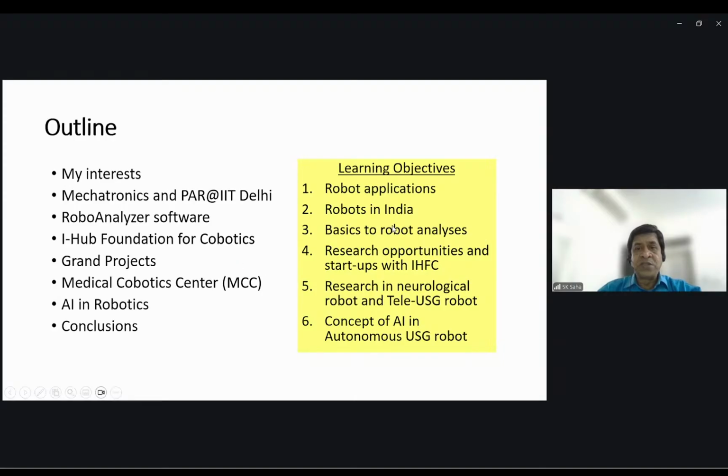And as a part of this discussion, the learning objectives, what you will take back with you, is that you get to know what the robot applications are in general, and particularly robots in India. We, as Indians, unfortunately are generally not very proud of what we have, but of what other countries have. So I wanted to explain how robotic companies are doing good in India, and the basics